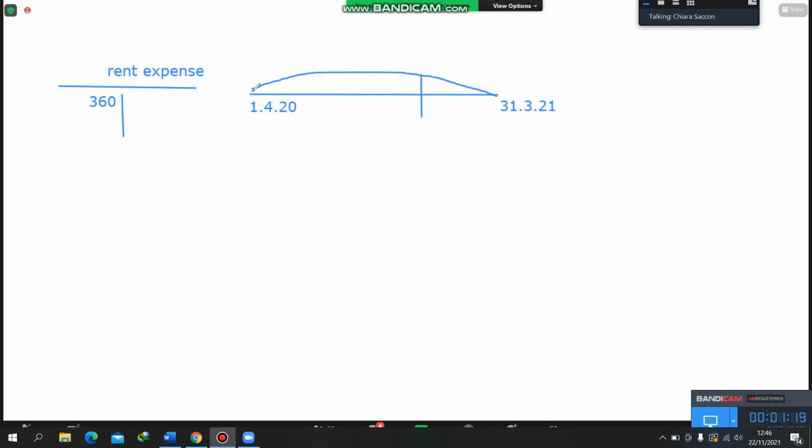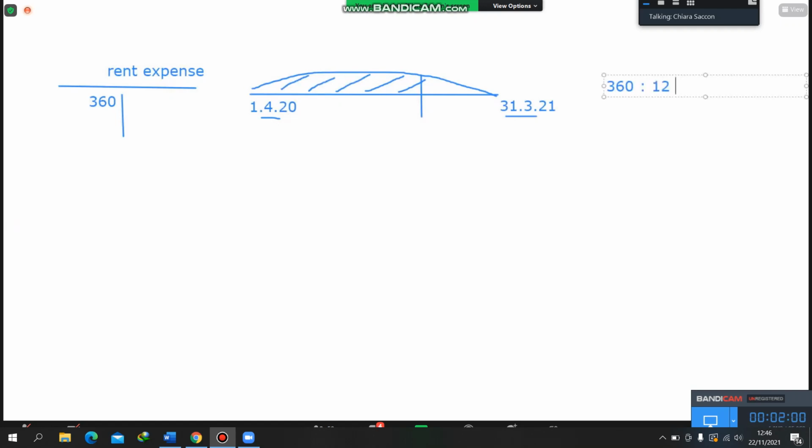We can use that store starting in April this year until March next year. We would like to have this part of the expense impacting the income statement of the period. Here we wrote the full amount, so we have to rectify this part for 3 months, January, February, March. So to calculate it, we say 360 refers to